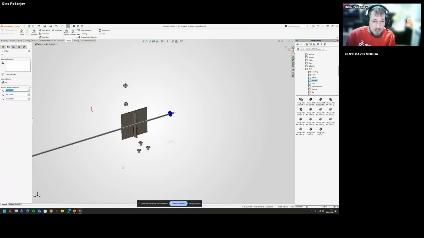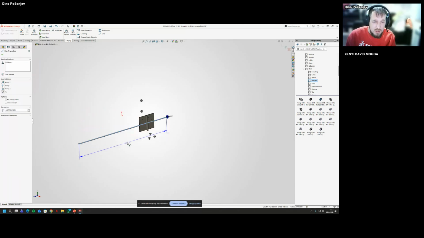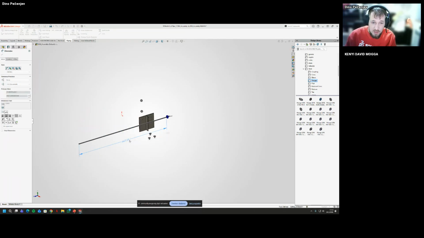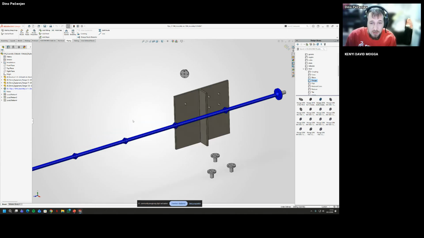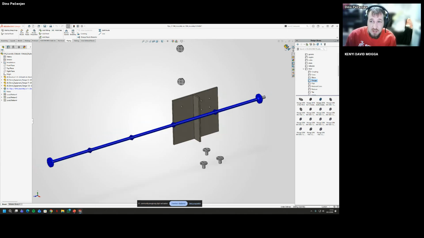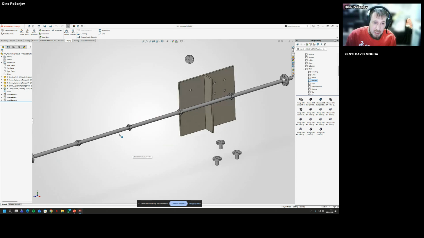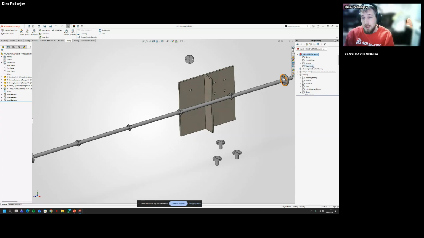Let's say 5,000, I'm going to put this at the end and exit, and you can see that it inserts a coupling at every standard length. So you have a lot of options to explore, ready-to-use models inside your SolidWorks.